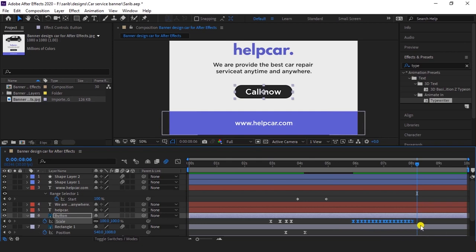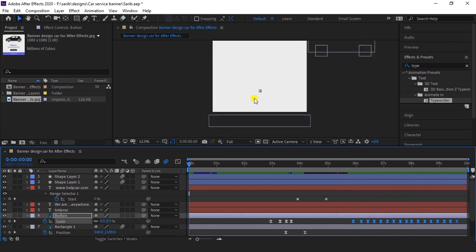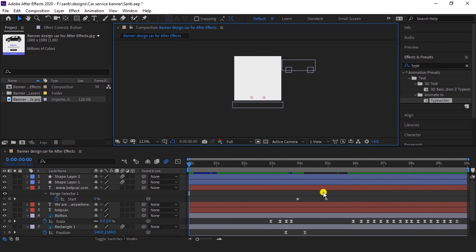So select all keys, hold Alt button and drag your keys like me. If you play now, so this will be animate. So now if you play your animation, yeah, very nice, and here we go.